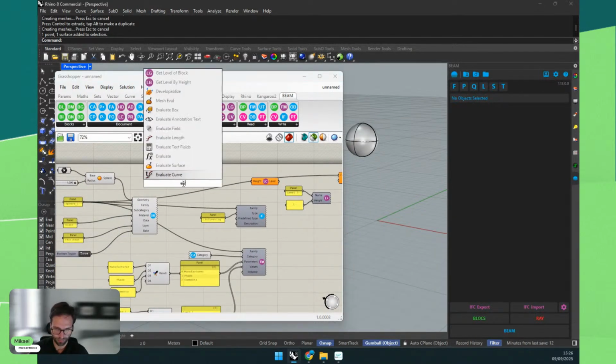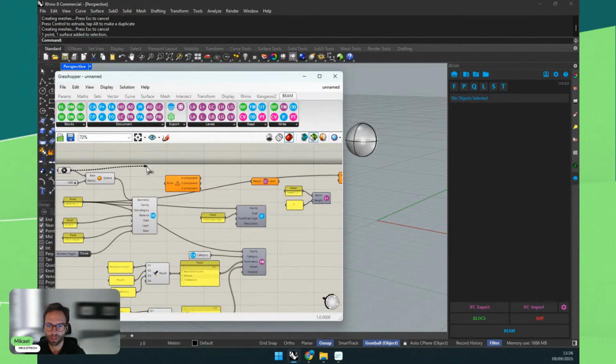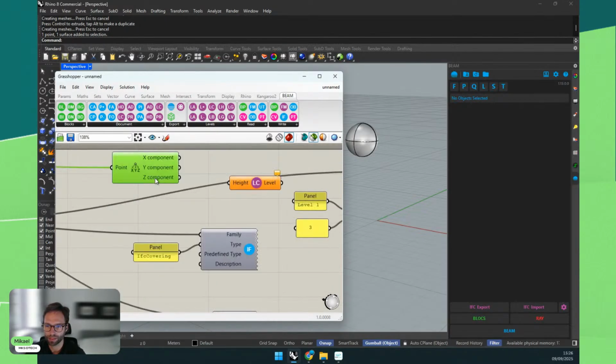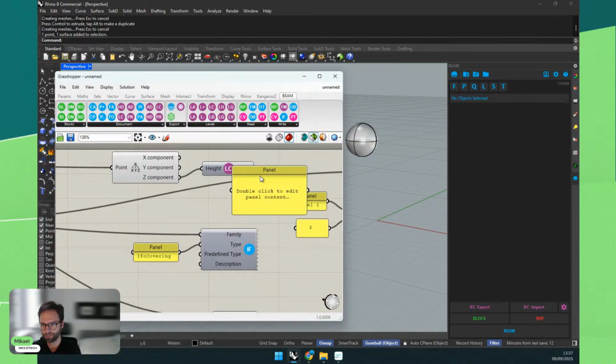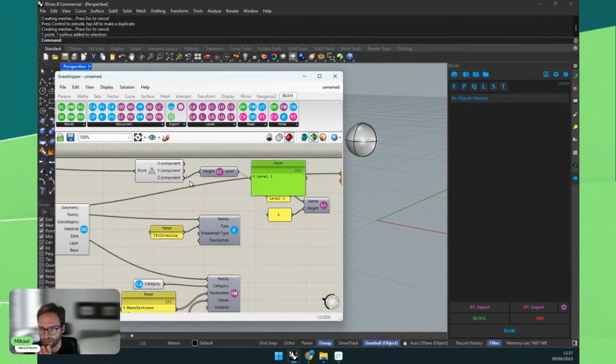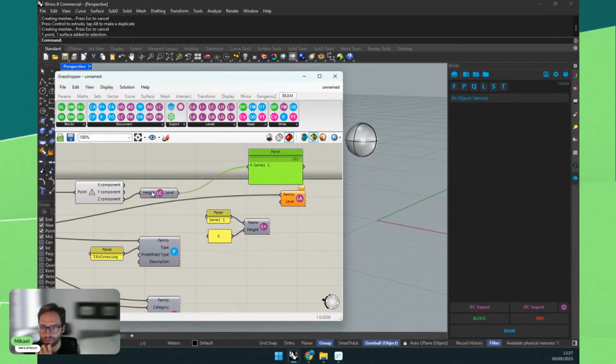Let's deconstruct my point here. I have a Z component, which is now 6. If I plug it here, it will give me a level, and it says that level 1 is the level closest below this value.